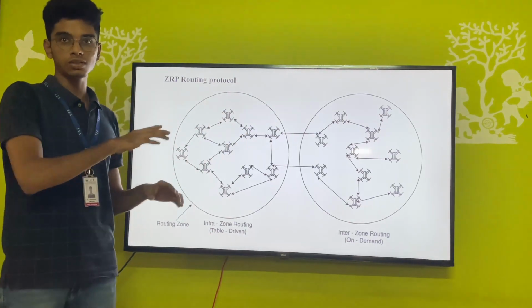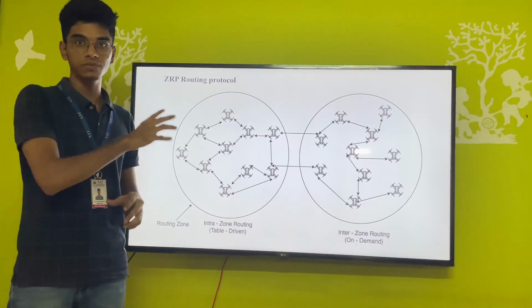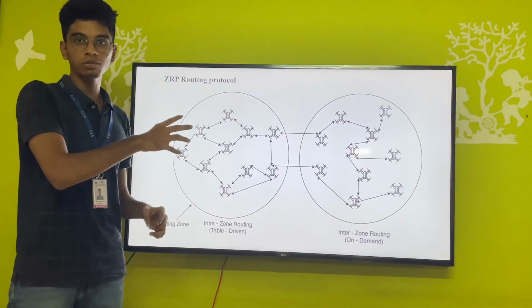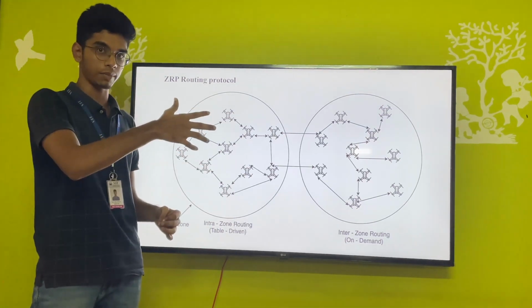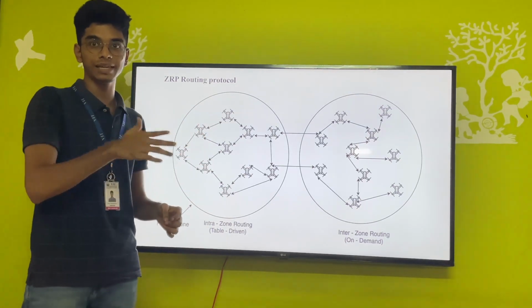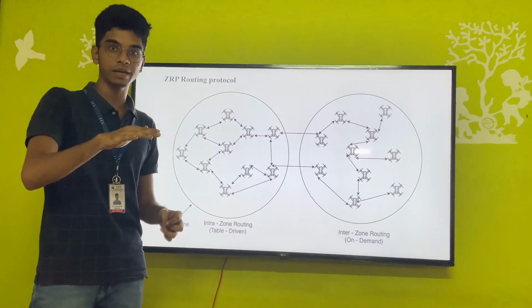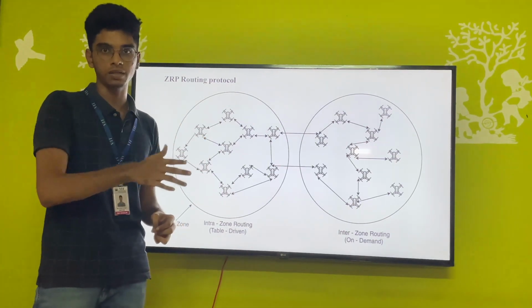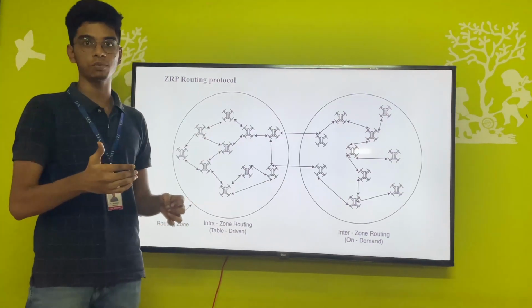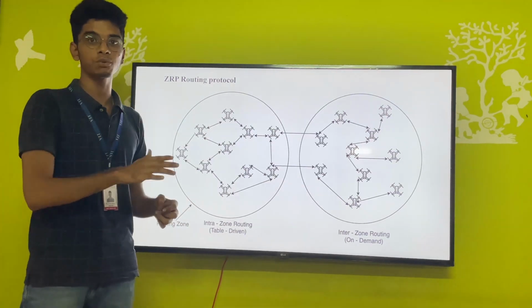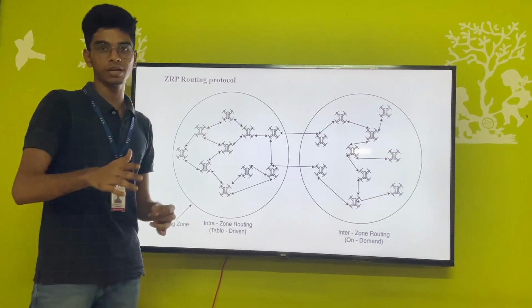So in general, the choice of routing protocol depends upon specific requirements in FANET. Proactive protocols like OLSR are suitable for networks with low mobility and high communication requirements, whereas reactive protocols such as AODV are better suited for highly dynamic networks with lower communication requirements. And hybrid protocols like ZRP offer a balance between proactive and reactive protocols and can be useful for networks with varying mobility and communication requirements.